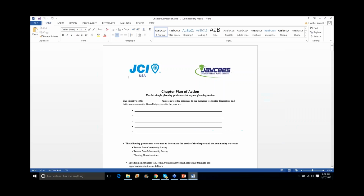And we'll go into the chapter plan of action. Some people have asked me about the Shoot for Success program and if a chapter plan of action is required for the Shoot for Success program. And the answer is yes, because really all of our successful chapters are based off of a plan of action. So this should not be something that one or two people are trying to complete or accomplish. This should be out there in front of all of your chapter members at all times to get buy-in and